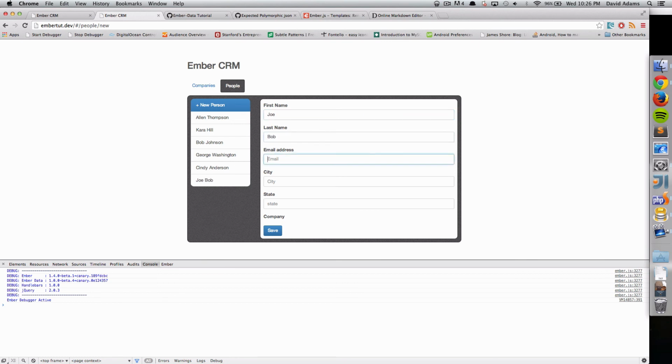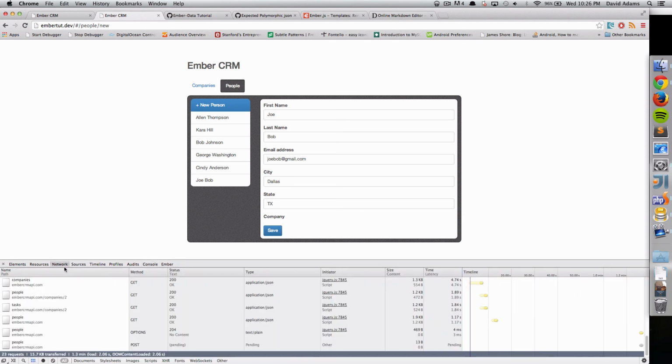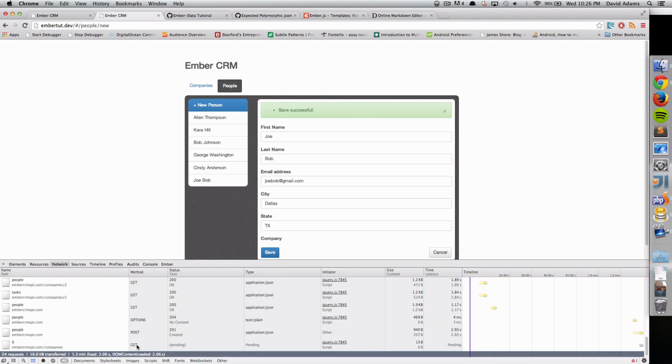Joe Bob at Gmail. We're in Dallas, Texas, and then since this is a new person, they're not attached to a company, and we have yet to implement that widget. So if we click save, it should issue a post request, and we get a 201 back and a save successful. And then let's test our dismiss